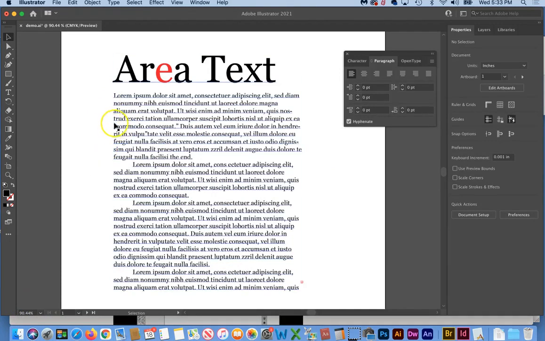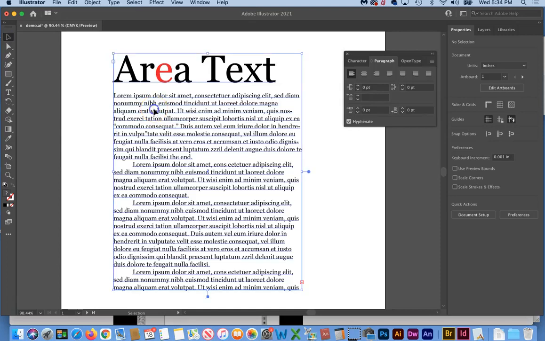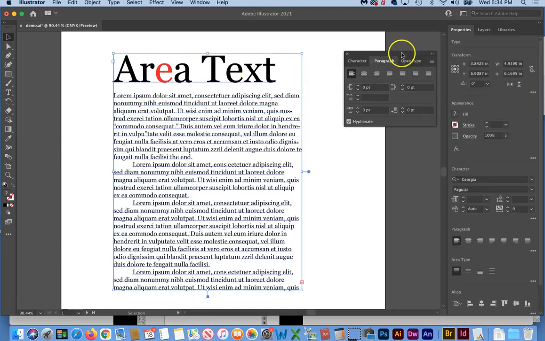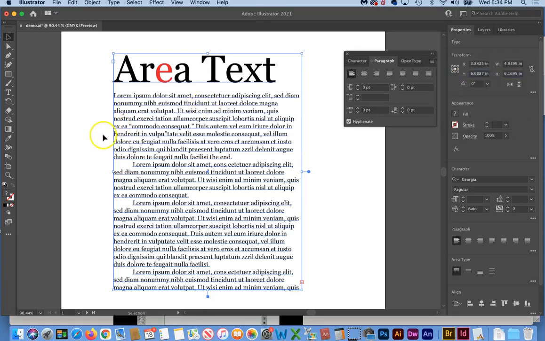This word feels like it's indented a little bit, almost like a small paragraph indent. To fix that, you select all of your text, go to the paragraph panel, go to the drop down, and turn on Roman hanging punctuation. Now keep your eye on the mark there and you can see, well,